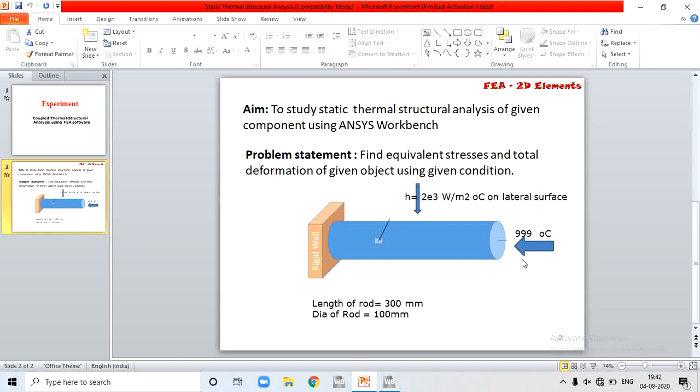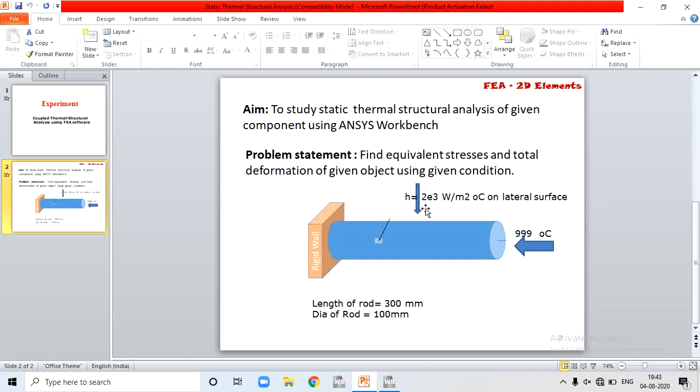Software by default takes the initial temperature as 22 degree centigrade, meaning there is a difference from 22 to 999 degrees. And the second input, small h, nothing but the coefficient of thermal convection, with value equal to 2 into 10 raised to power 3 watt per meter square degree centigrade, and that is applied on the lateral surface, that is the circumferential surface of the rod.